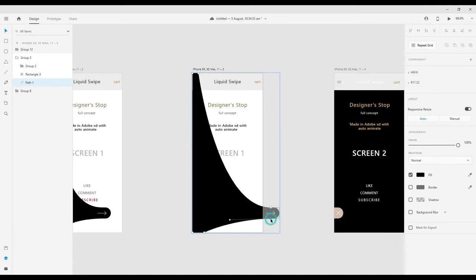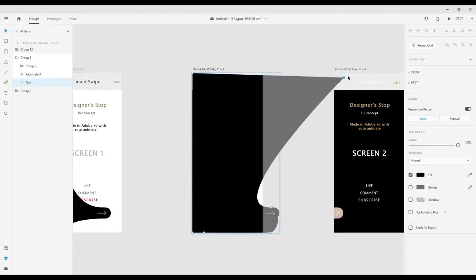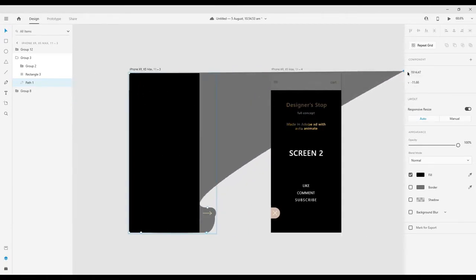Then click on the lower dot and then move it right here.